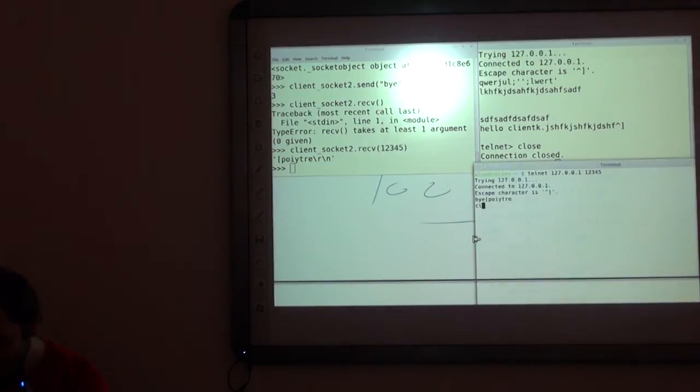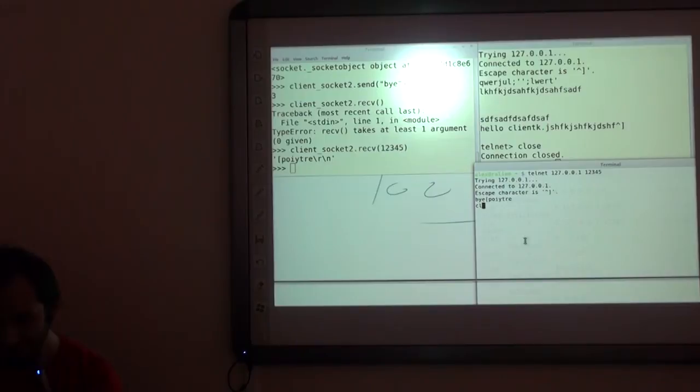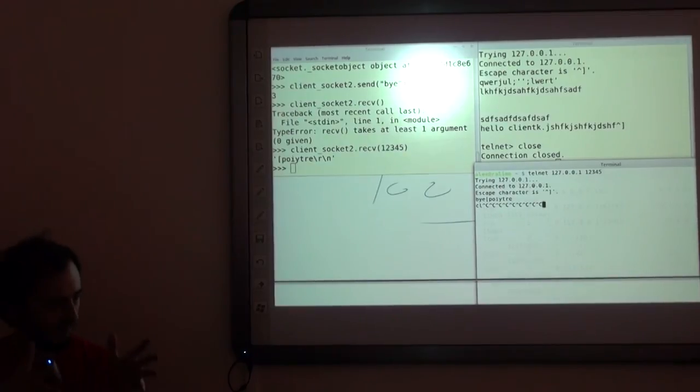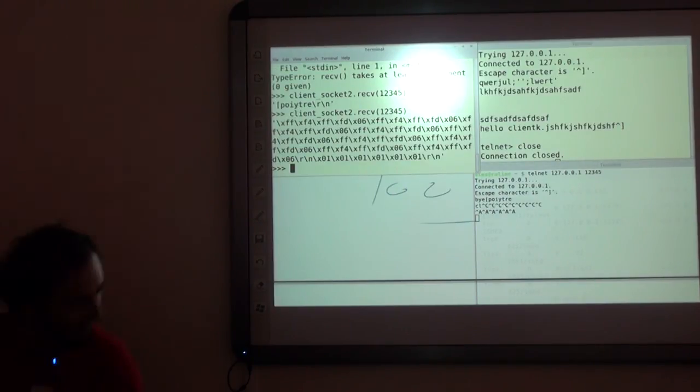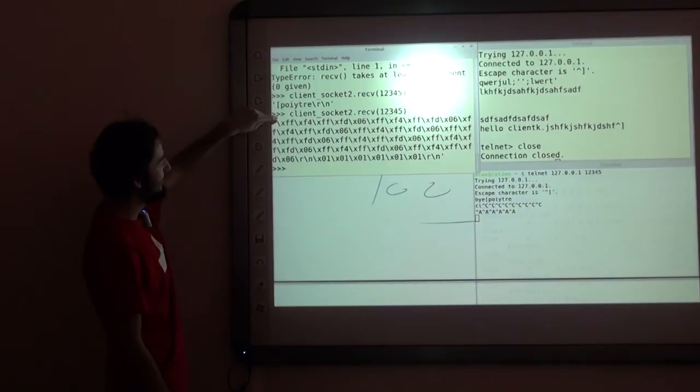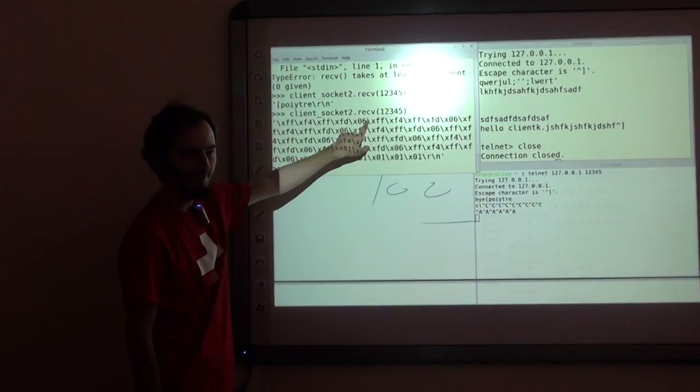I have my other client here, and if I press Control C, for example, to stop the process, it doesn't do that. Let me try something else. Control A, same thing. So if I do that, it prints me a bunch of bytes.